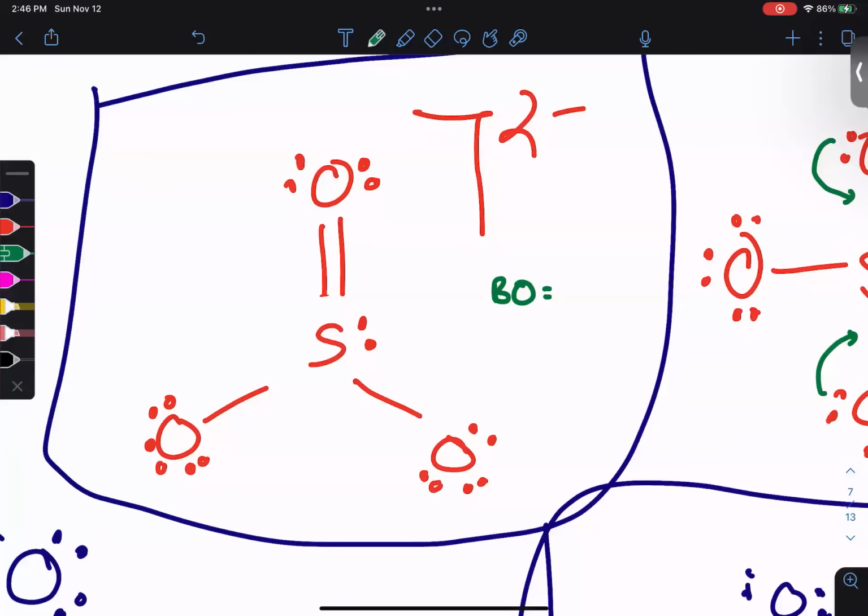It can do resonance. Yes, does that double bond exist only in one place? No. This molecule does not have 2 long bonds and 1 short bond. It actually has that double bond smeared across the entire molecule itself. So I recognize that this double bond can go here, here, or here. It doesn't matter. So to calculate bond order, how I calculate it,